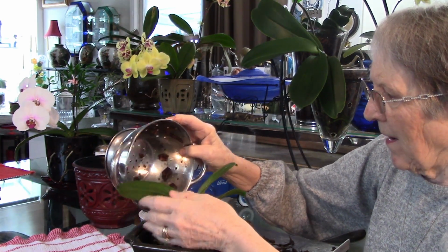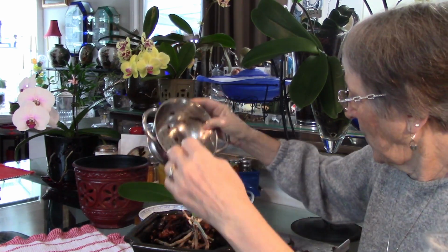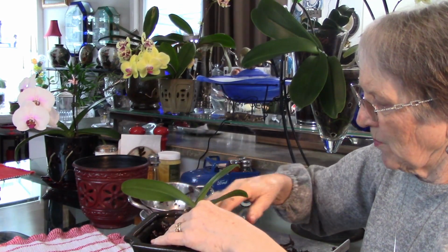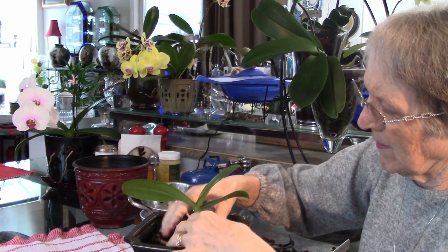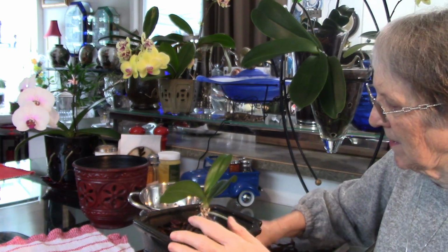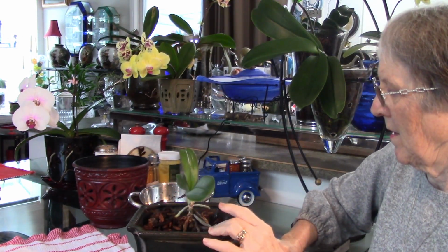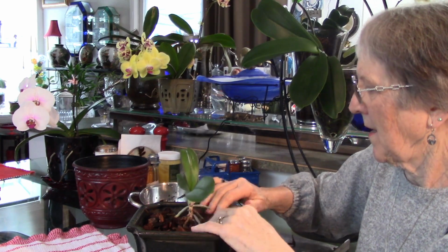I like to get these done before spring when all the growth is happening. And it's been on my mind. And the ones that were sticking out, I've left still sticking out. I know it's just a quick repot, but then I'm going to just show you what it looks like when